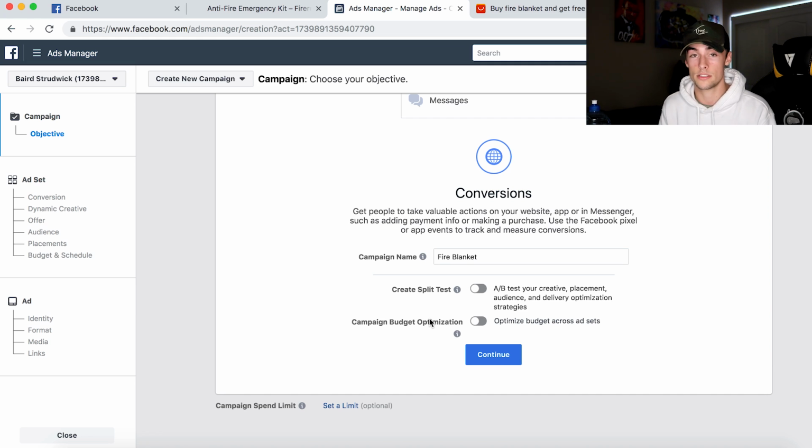Yes, that does work, and I'm not saying it doesn't. It does work very well, but I have found success testing products through a CBO campaign. So if I have 10 different interests and one of them is just a really, really great interest, then just think about it. The CBO campaign will optimize for that one ad set. Setting 10 different $5 ad sets will still work, but it will not work nearly as well as a CBO